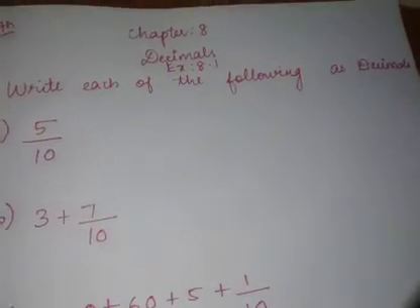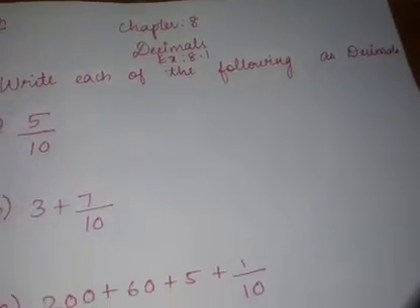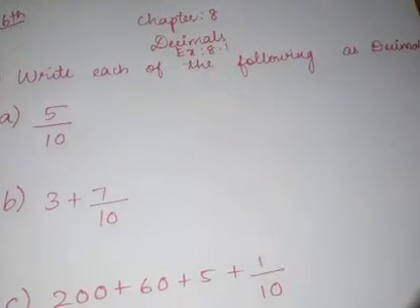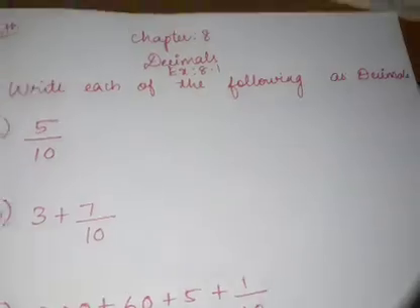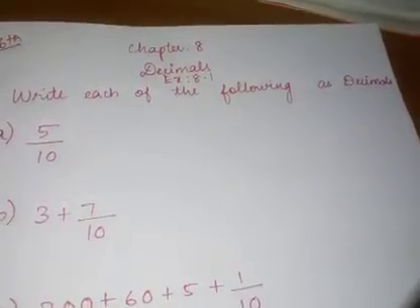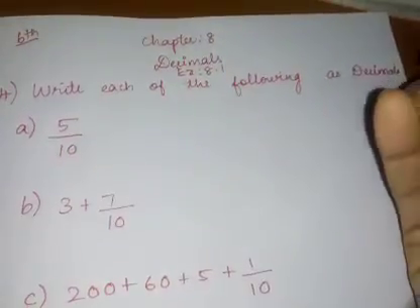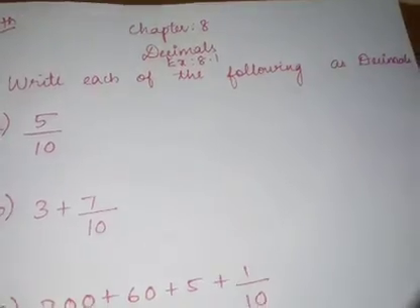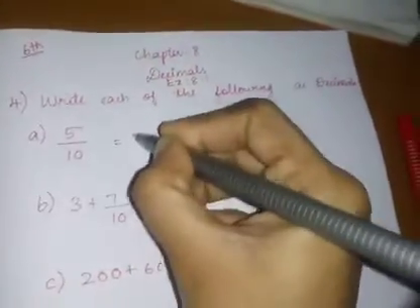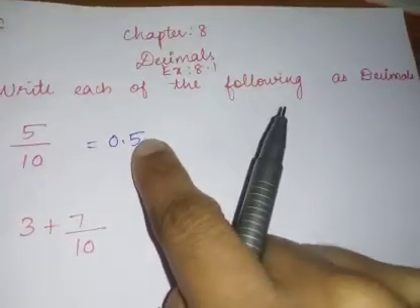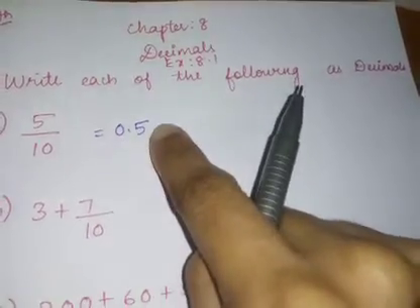Okay. Now we are going to start our fourth problem. Write each of the following as a decimal. Actually, they have given you an expanded form like this. We are supposed to write the answer for that, which means we have to write the decimal number for that particular expanded form. Okay. 5 by 10. What is the meaning? Meaning is 5 tenths, right? 5 by 10 means what, children? 5 tenths. So how will we write this? 0.5. Yes, because 5 is present in the tenth place. So you will write 0.5.